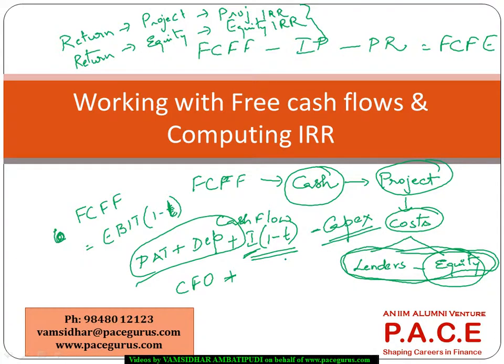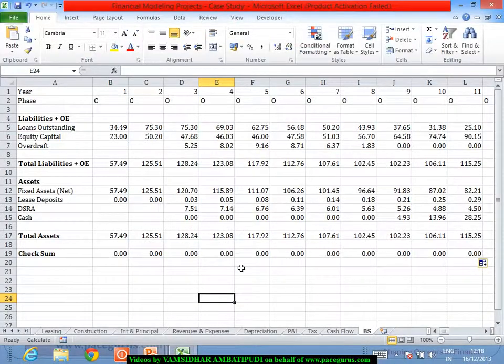And here we don't have any capital expenditure for this particular project in the middle, so we don't need to bother about any capital expenditure in each of the cases. So all I can do is CFO plus I into (1 minus T) to generate my free cash flow to the firm. So let me use